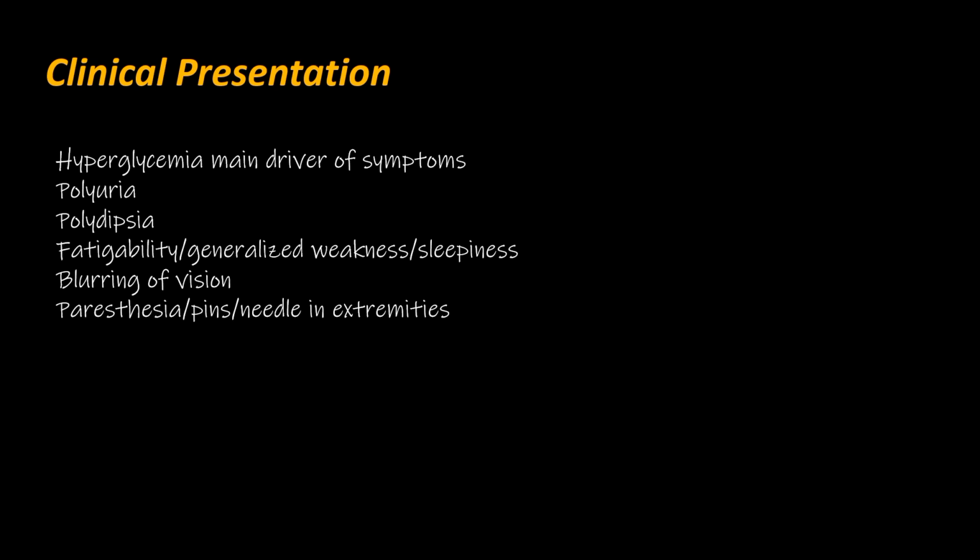Because of peripheral nerve toxicity of glucose, the patient may feel paresthesia, pins and needles, numbness in the extremities. Recurrent skin infection, UTI, and genital fungal infection. We know that hyperglycemia affects all the components of immunity. It affects cellular immunity and humoral immunity, and because of the chronic toxicity of hyperglycemia, it affects the vessels and the nerves. So because of the vascular compromise and the neuropathy, these patients are prone to develop